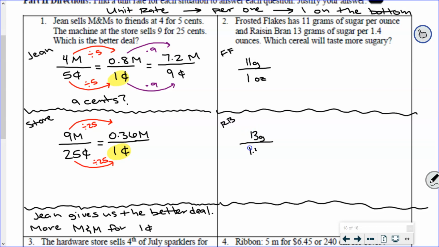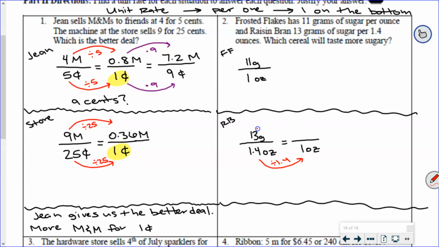per 1.4 ounces. The goal is to get that 1 on the bottom. How does that happen? How do I change a 1.4 into a 1? We sure do. We divide it by